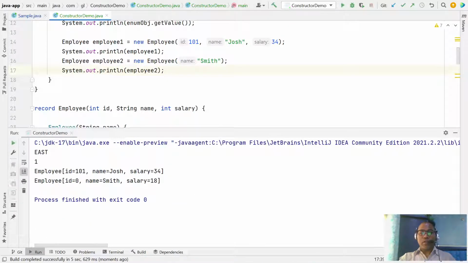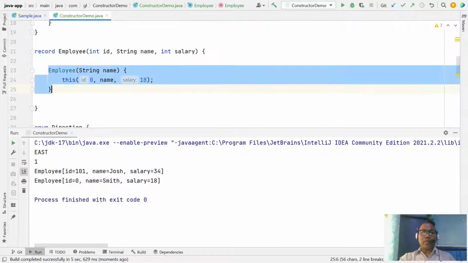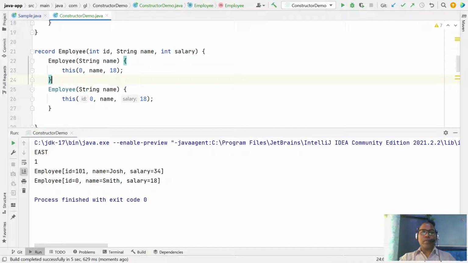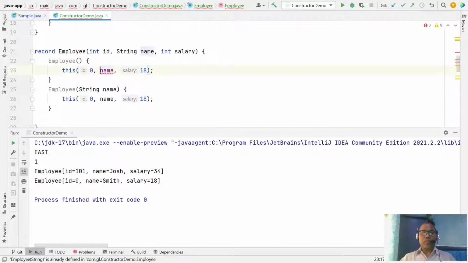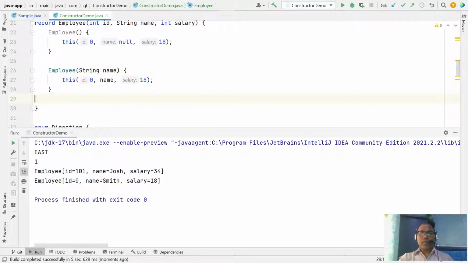You can create it with 1 argument, 2 arguments, 3 arguments, whatever you want. Let's say you want to create a default constructor here. So here you can create a default constructor, 1-argument constructor, 2-argument constructor, 3-argument.